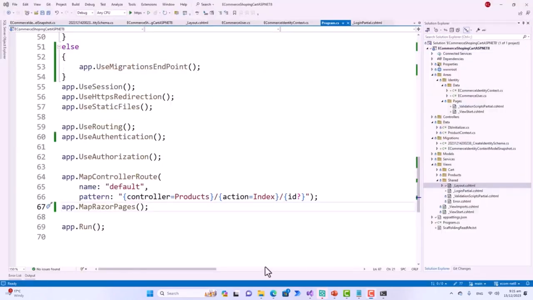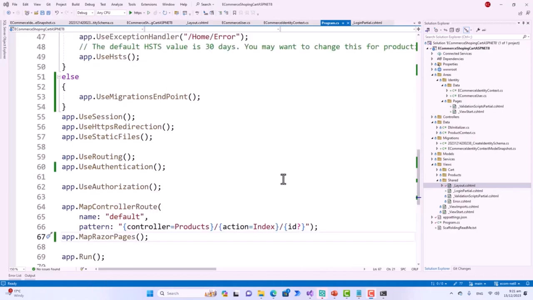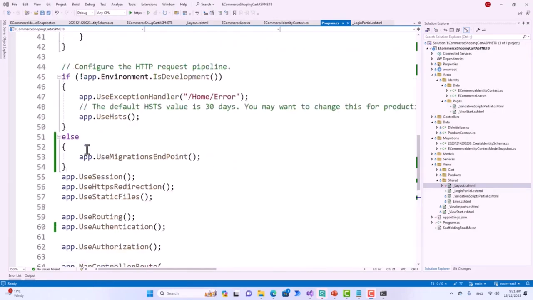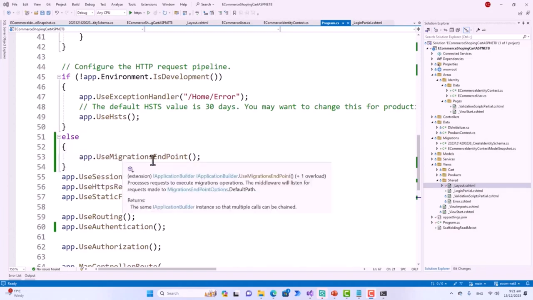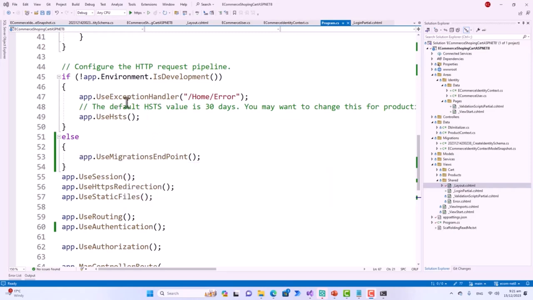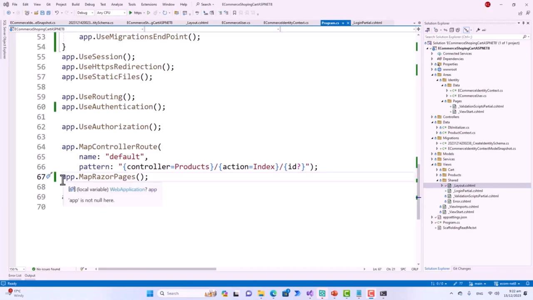Now, before running the application, I had to make two more changes in the Program class or Program file. That was, if the application environment is a development environment, then use the migrations endpoint, app.UseMigrationsEndPoint. And if it is not a development environment, then use the exception handler /Home/Error and use HSTS. This is optional, you may get rid of it. It is adding middleware to add a Strict-Transport-Security header, but for demonstration or training purposes it is not required. But you have to also add app.MapRazorPages. So if you now run this application,